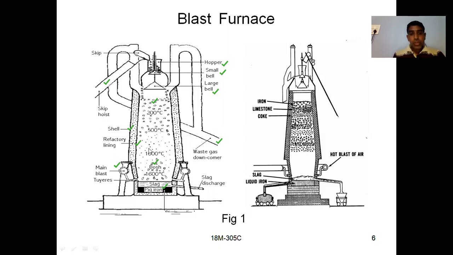Okay, so the mid portion is the wash area, and the top portion is the throat area, and this bottom portion where the pig iron settles is known as the hearth area. So you are having pig iron there. The slag is settled, and the slag is removed from the slag discharge. That means from the slag remover hole, and the pig iron is removed from the tap hole.